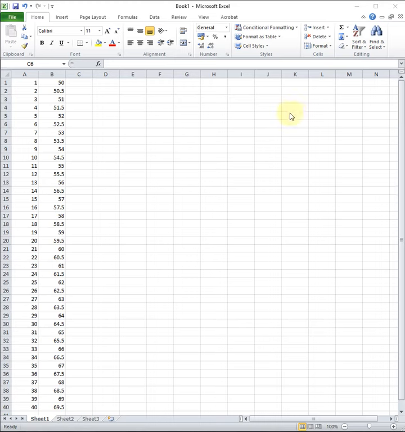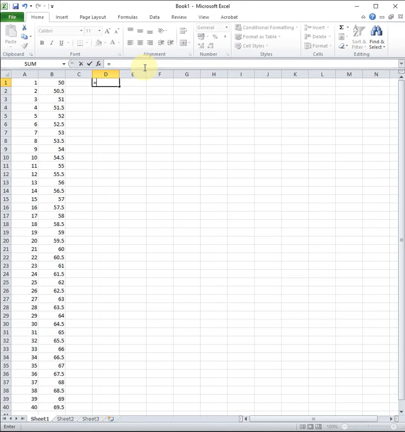So we've generated two columns of numbers, and now let's say we want to add them together. I want to add cell A1 to cell B1 and put it into cell D1. The way that I do calculations in Excel is I use the equal sign. So by clicking on cell D1 and typing the equal sign, it tells Excel that whatever I put after the